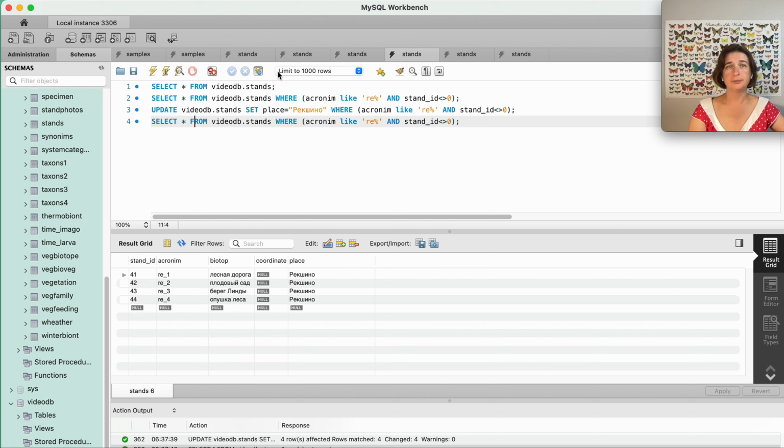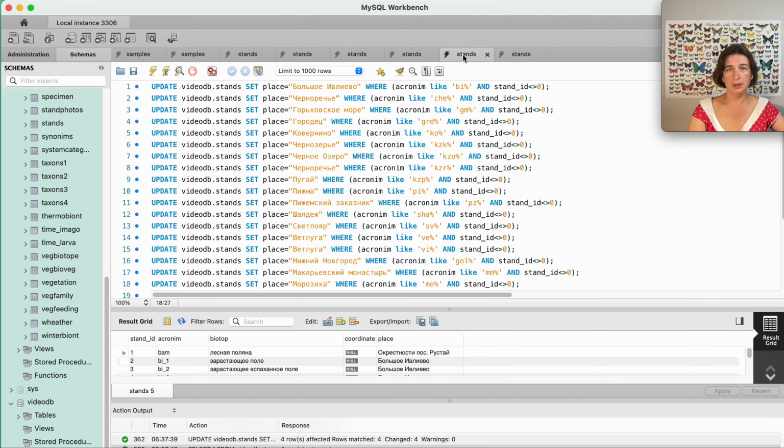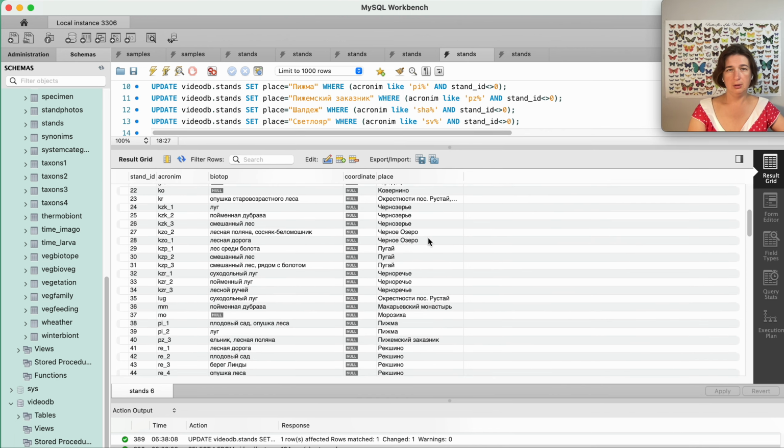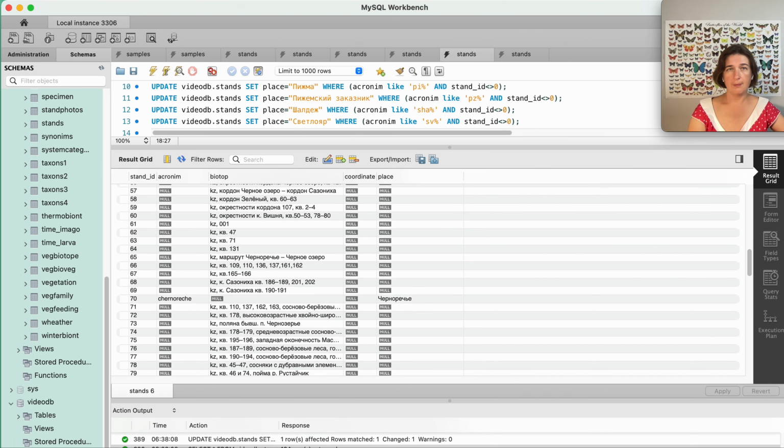Okay, we will do the same action with another acronyms. And let's check. Okay, now there are some entries where place is null.